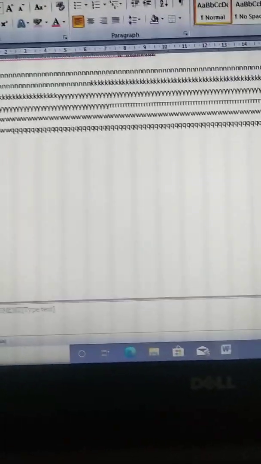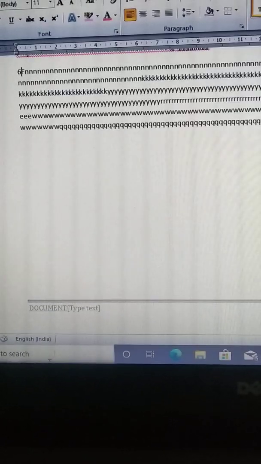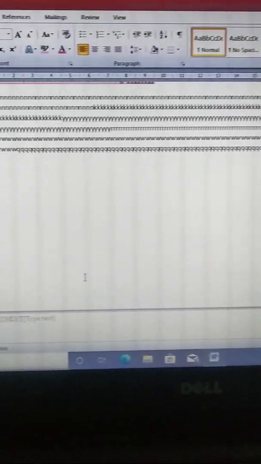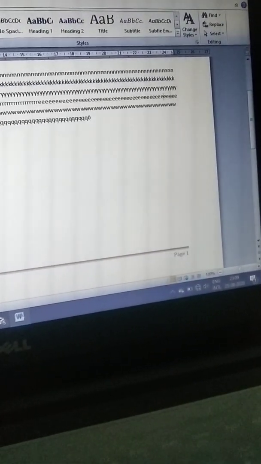Now from here you can choose the close header and footer option. Then the footer appears on the screen and the header will also appear. You can scroll up and see the header also. And if you go to the next page, you can see the header and footer on the next page also. I will show you, just see.